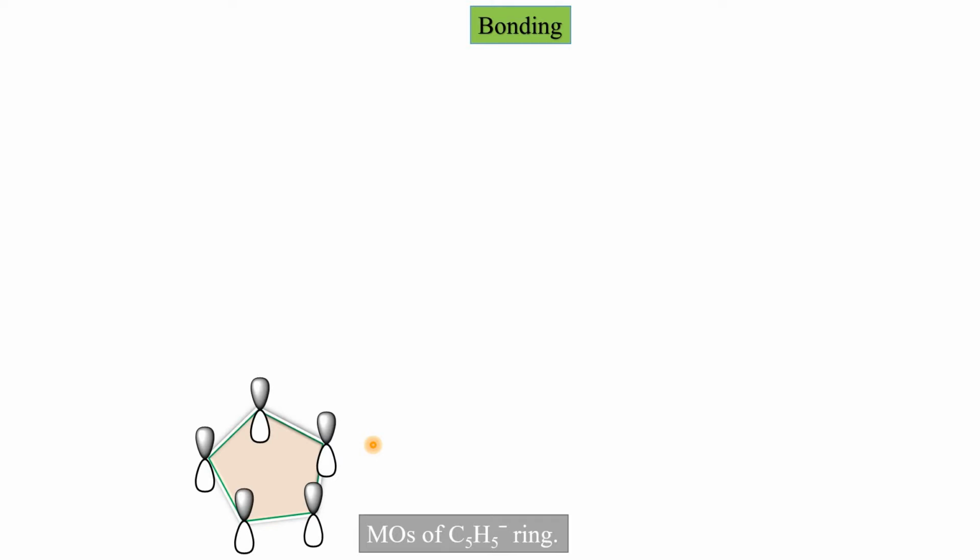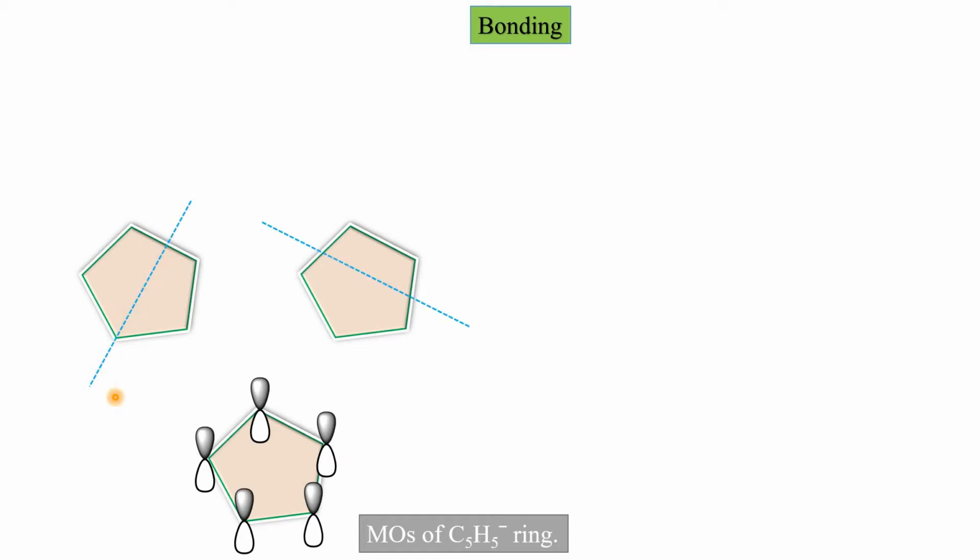Let's draw the next orbital of higher energy. The next orbital can be drawn in 2 ways, so it is doubly degenerate. Actually, we can draw a single nodal plane in 2 ways. The first way is to draw the plane from any one of the carbon atoms. There are 5 carbon atoms. You can choose any one of the 5 carbon atoms and the bond opposite to it and pass a nodal plane.